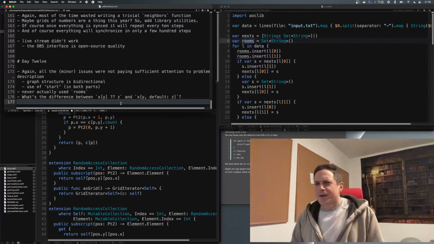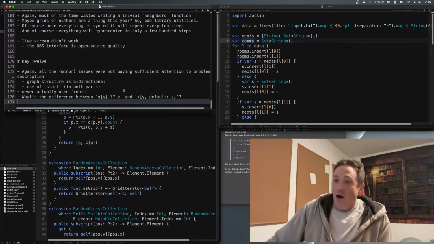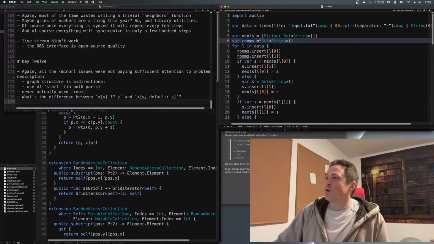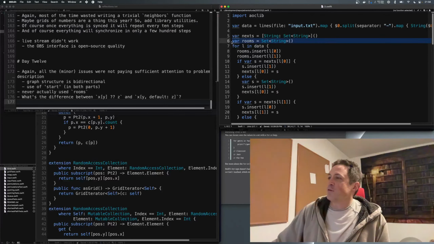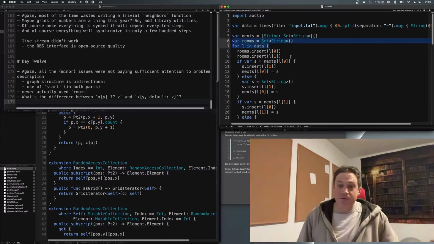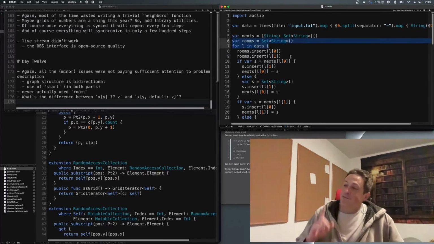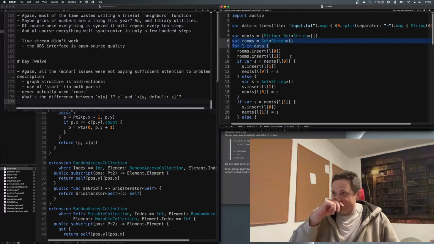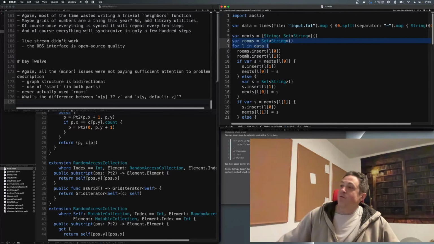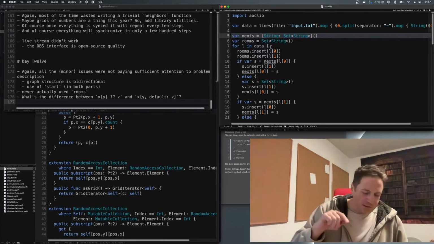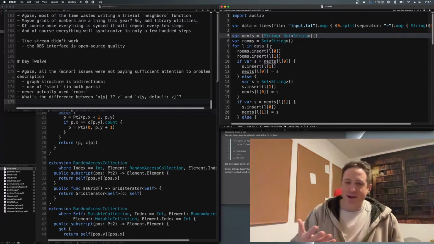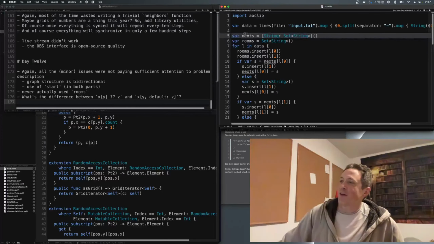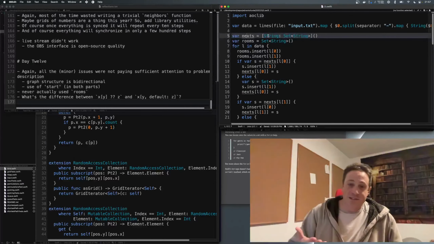So, that's fine. When I was writing the code, I thought I might actually make use of this list of rooms. In fact, I didn't. I populated it when I read the data, but we never made use of that. And in fact, I realized the right thing to do would have been just to make sure that every room was made a key here. And once it was clear that these tunnels were bidirectional, then we got that anyway. But if I had done that, then I could have just used the key set as the set of rooms,